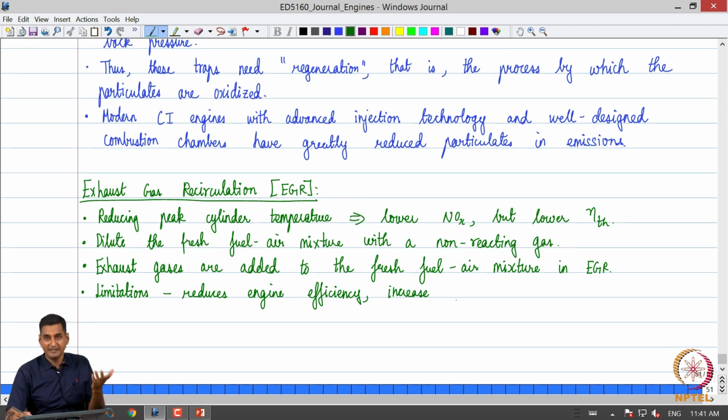If you add too much exhaust gases, the unburned hydrocarbons in the fresh fuel air mixture themselves may not combust in the first place, because for proper combustion we need hydrocarbons, we need oxygen and a mechanism for initiating combustion. So, if we dilute the fresh fuel air mixture with too much exhaust, that may potentially prevent proper combustion of the incoming fresh fuel air mixture. So, it may potentially increase hydrocarbon